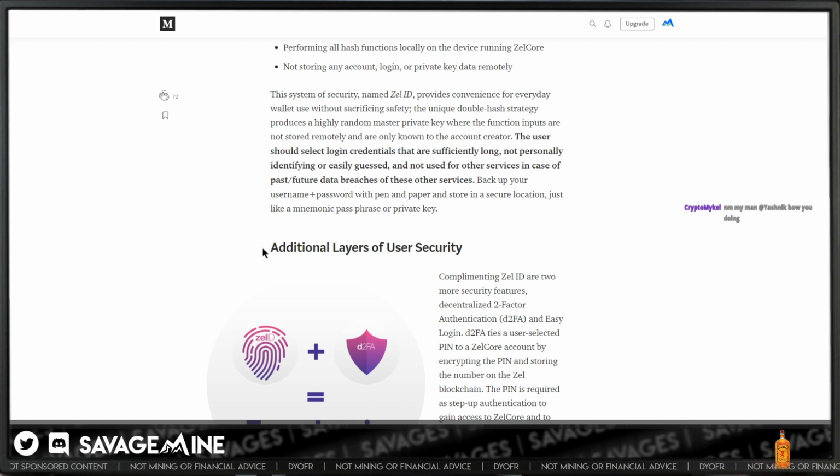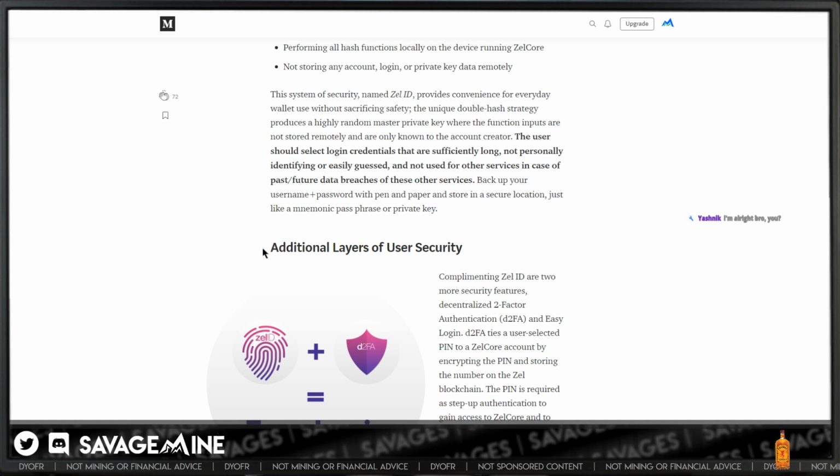Okay. So if you think about that, if someone can easily guess your username, then they actually have about half of your login credentials right there, right? And this happens a lot with usernames and passwords in other systems. People can easily guess your username for some things. So what they're recommending here is that your username and password should both be protected very securely. And they should be complex, not easily guessed, because it is literally your private key.